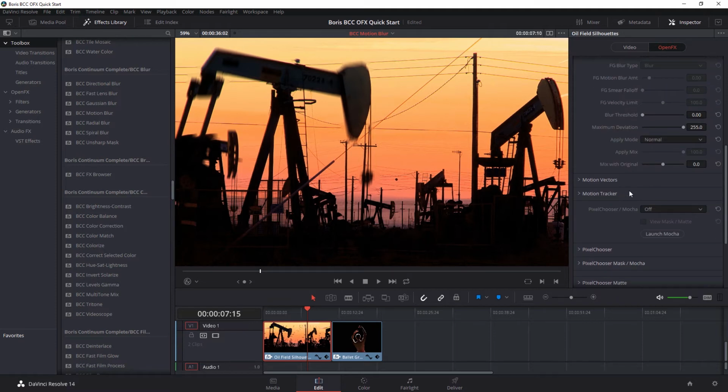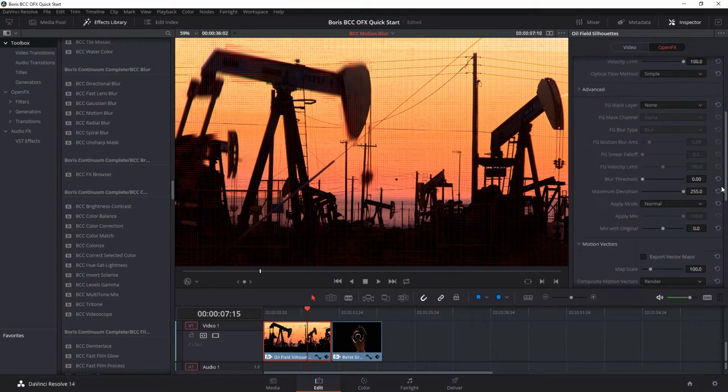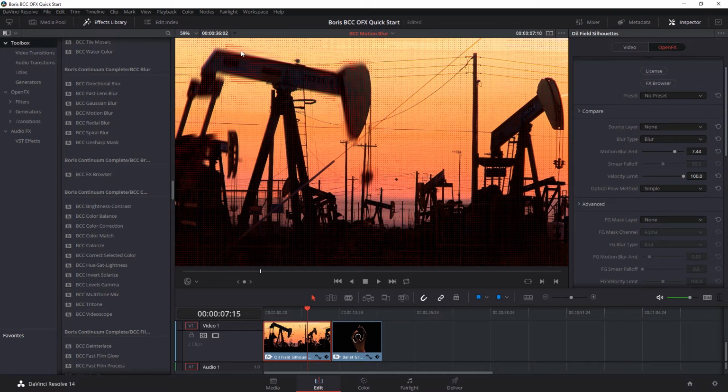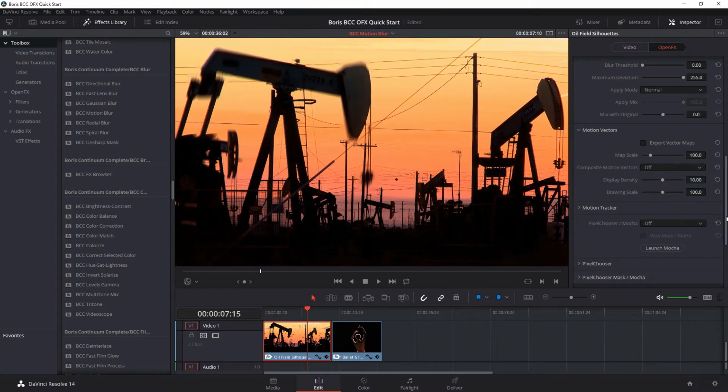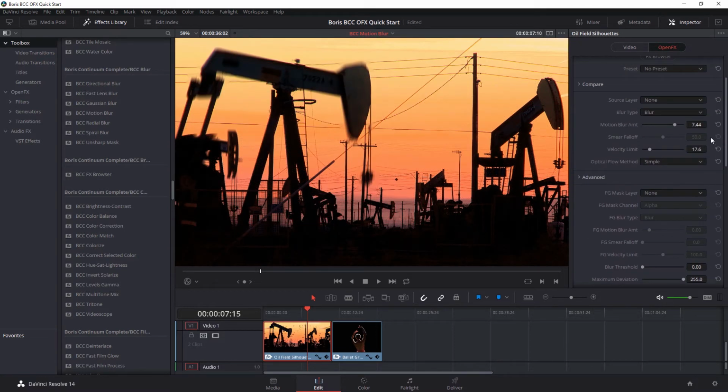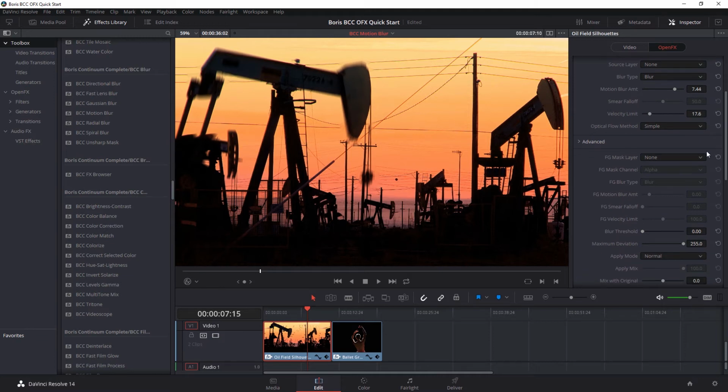And I'm going to come down to motion vectors so we can have a look at what this is doing. I'm going to composite my motion vectors onto render here. And this is showing us the velocity of the pixels that are moving and therefore being affected by the motion blur filter. As I turn this down, you can see that more of these vectors are being filtered out. So this is actually an easy way of seeing what our velocity limit is filtering. I'm going to turn off my motion vectors here and come a little bit further down so we can have a look at the